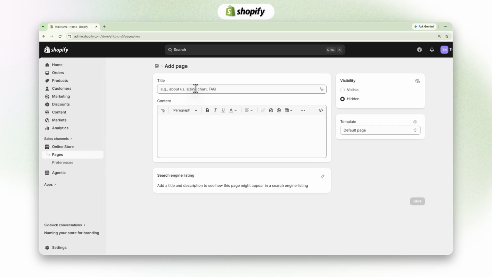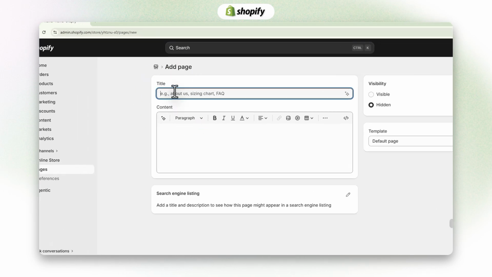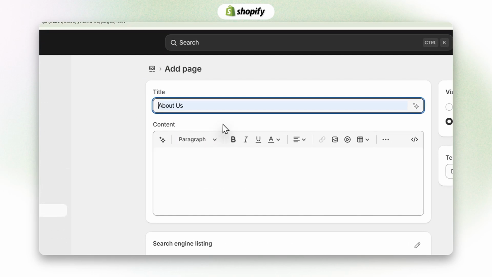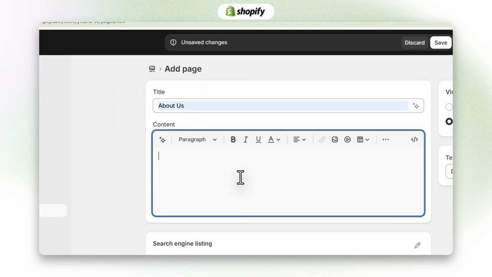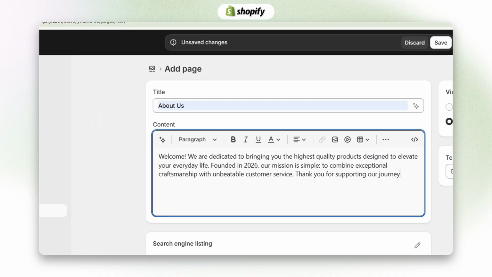In the title field, type in the name of your page. For example, About Us. Right below that, you have the content box. This is a rich text editor where you can type your page's text, format it, or even add images and